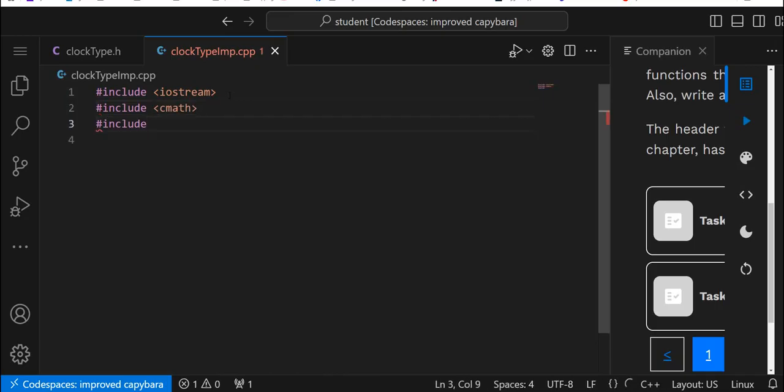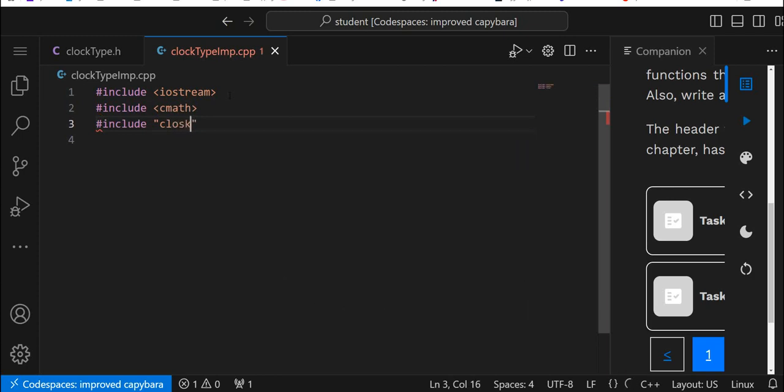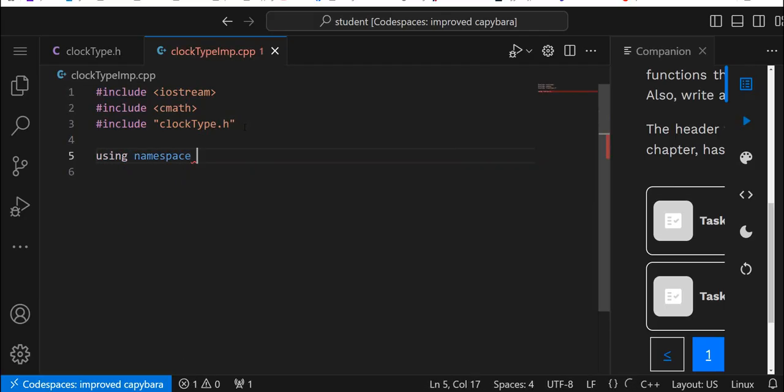And then let's do our clocktype.h. All right. So we're using namespace std,